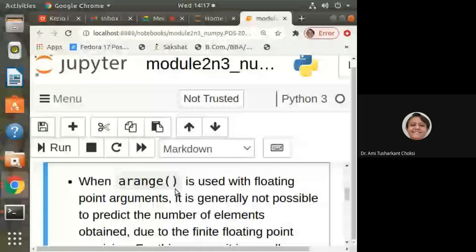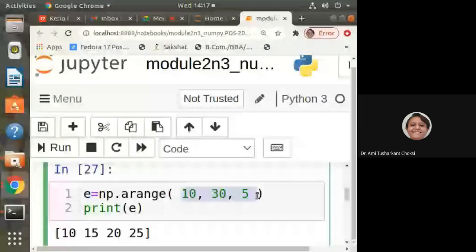Now this is specific: when arange is used with floating point arguments. Here we have specified integer arguments, so it is fine. But when used with floating point arguments, it is generally not possible to predict the number of elements obtained. With integers, 2 plus 2 is 4, 4 plus 2 is 6.